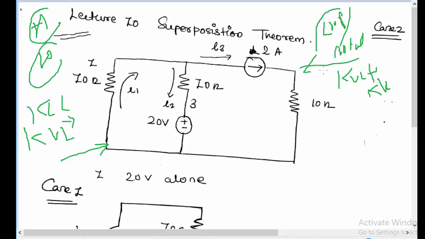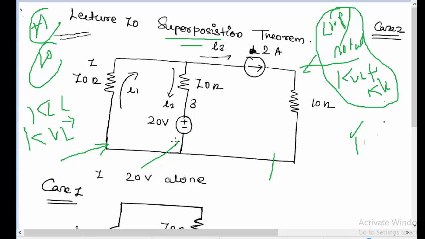So again, all these methods are possible, but we are taking a simple example. In exams it could come specifically to solve a problem using KVL, or using KCL, etc., or using the loop method, node method, or you can even apply Thevenin's method or the superposition theorem, etc. So what the superposition theorem says is that when there